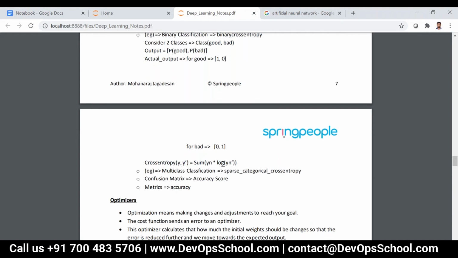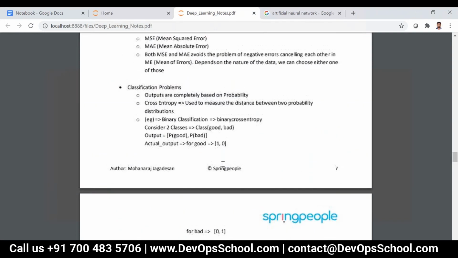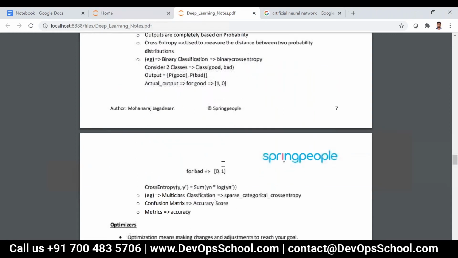As per the definition above, it says it is used to measure the distance between two probability distributions, but that is not Euclidean distance. Here we use the sum of yn into log of yn dash, which is nothing but a distance measure.